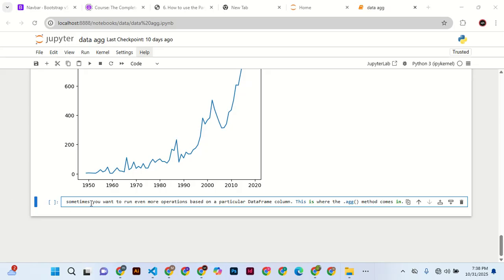So we say sometimes you want to run even more operations based on a particular data frame for a particular column. Now in such a case we start using the aggregate method. All right,